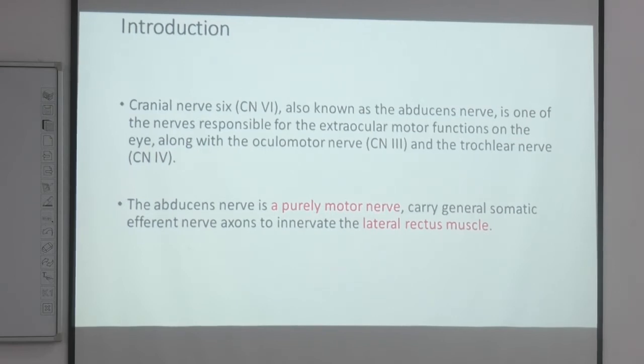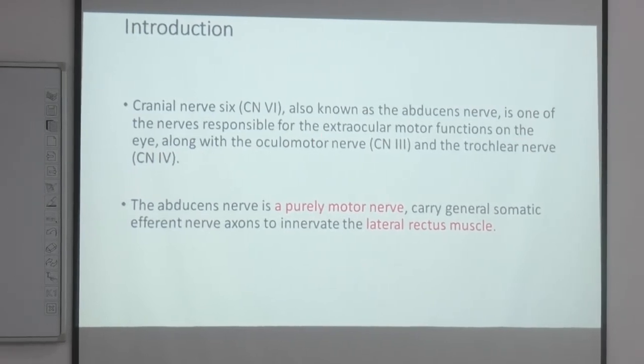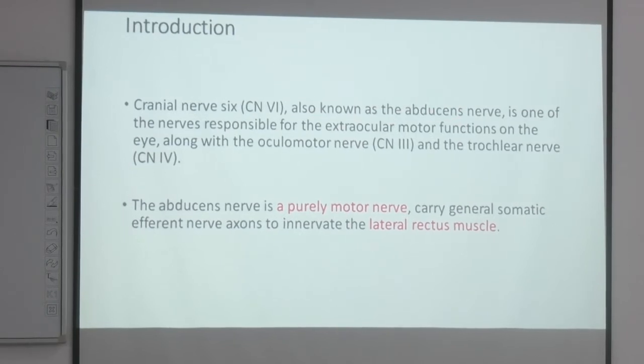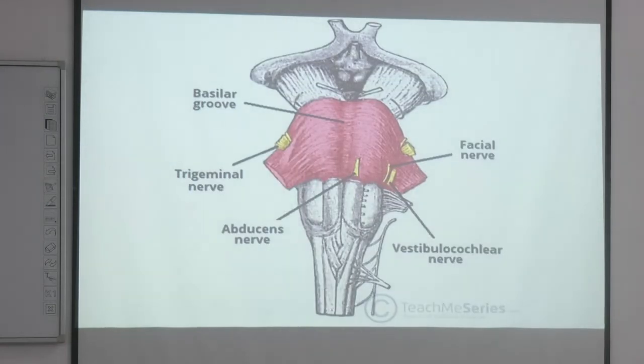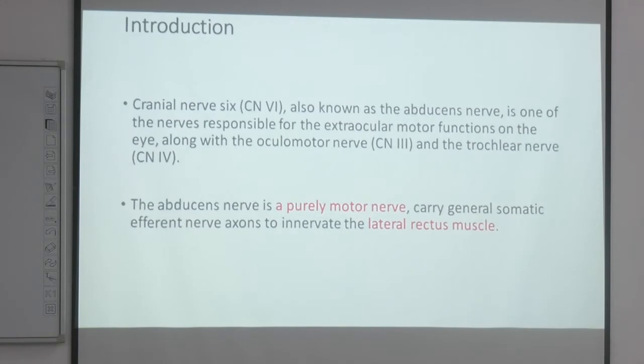the fourth and the sixth. Starting with the sixth cranial nerve, as I've said, this is the abducens cranial nerve, responsible for extraocular muscle movement, and only one muscle is innervated by the abducens, which is known as the lateral rectus, and it's purely motor. It also has proprioception related to it, but it's grossly purely motor in action as far as muscle movement is concerned.